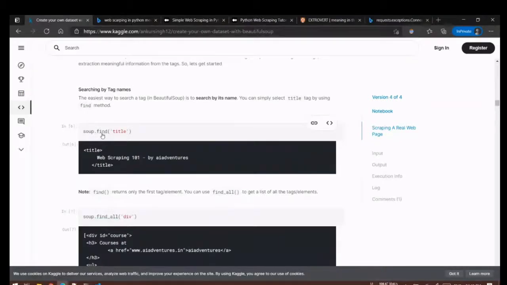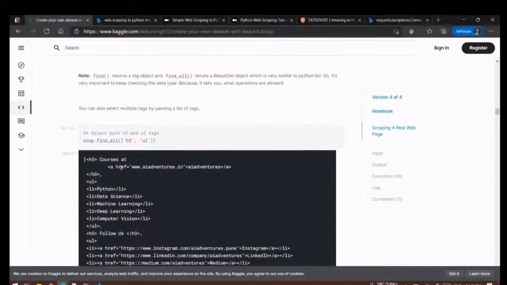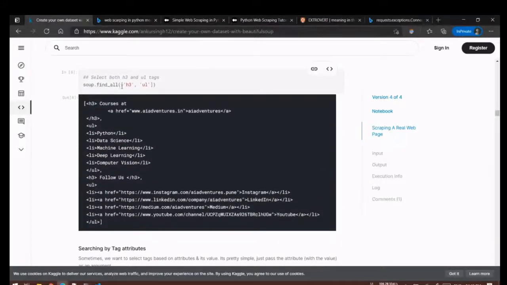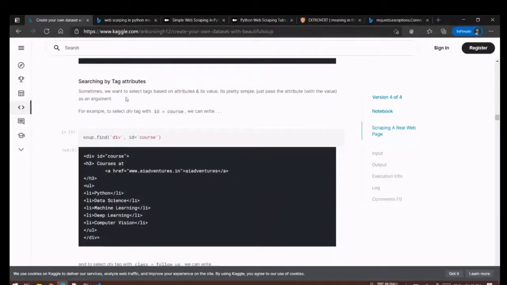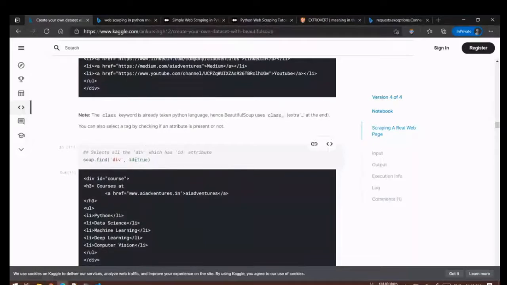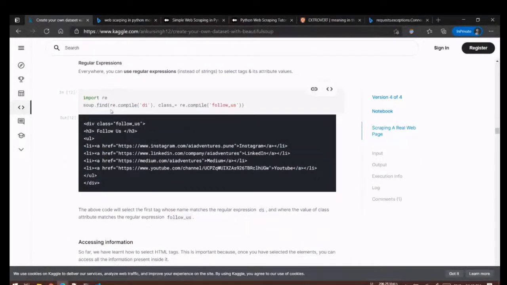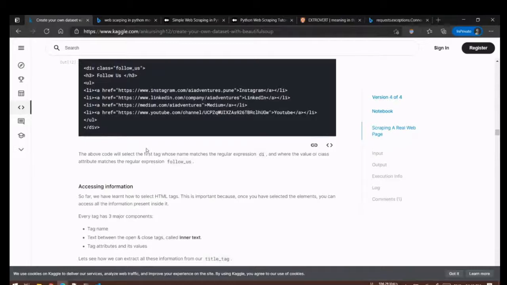We have been using the find method. There's something called find_all; you can read more about it. You can also use tags instead of using classes, and you can use other attributes like ID and other stuff. Also, you can use regular expressions. So you can say re.compile and then pass the class or attribute or tag, whichever you want. So Beautiful Soup is amazingly powerful. It's very easy to use and it's extremely flexible.